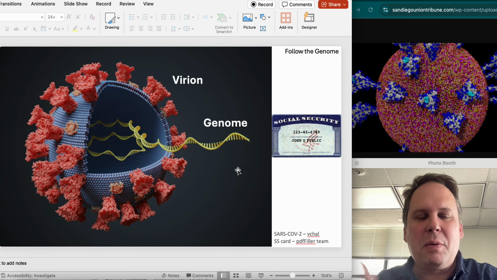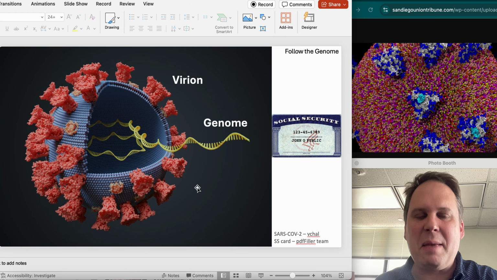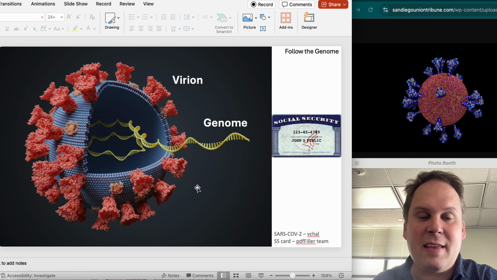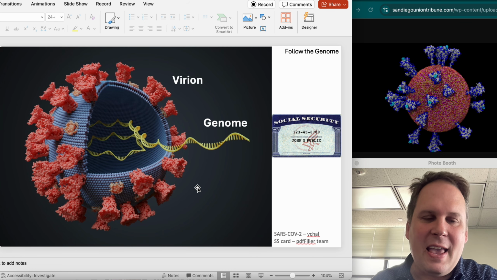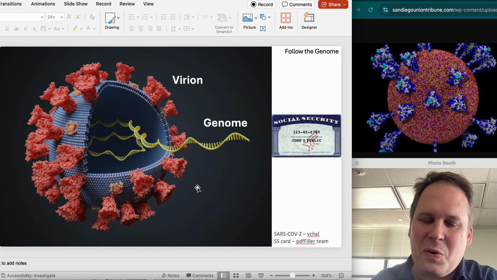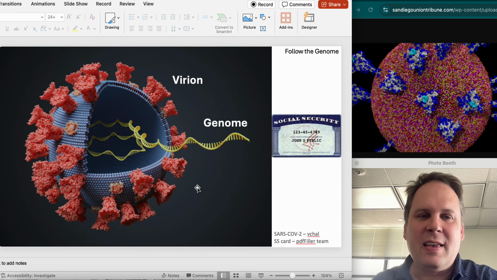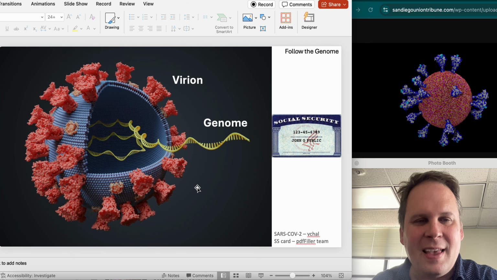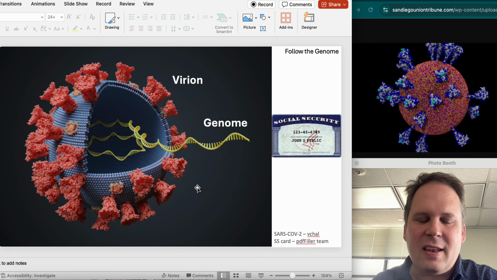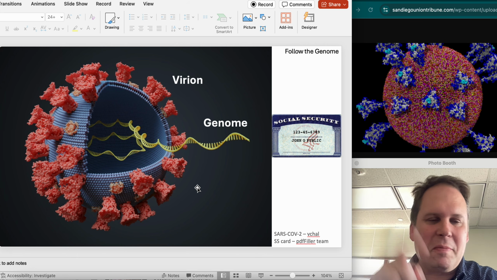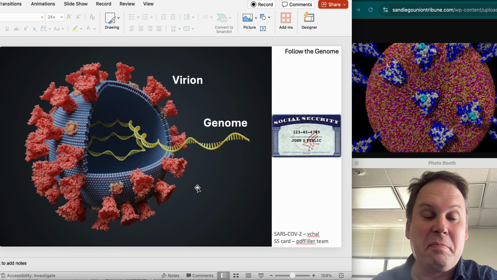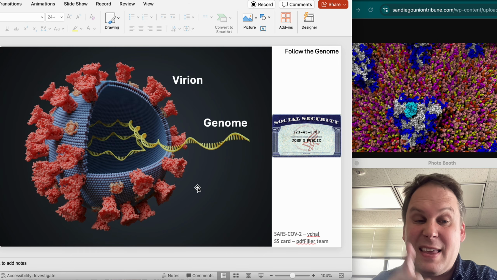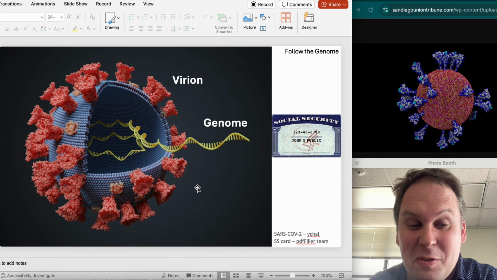Same thing with a virus genome. It's made of the same stuff you would find in a cell. Same ACGT, or ACGU if it's RNA, but they're going to be in a different order, and it's the order that's important. So when people are saying, I think this virus came from there, no, you don't know that unless you are looking at the genome, and the genome's too small to see.